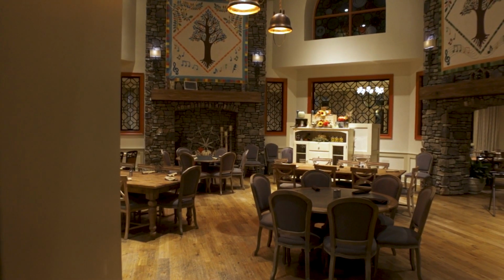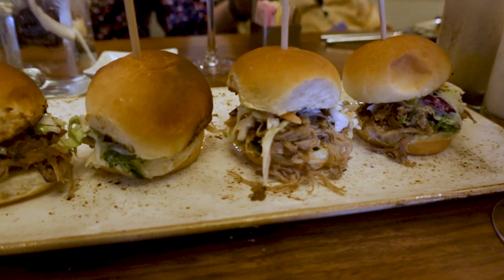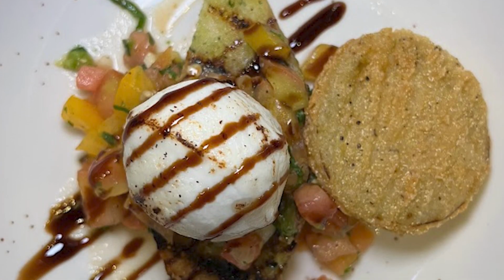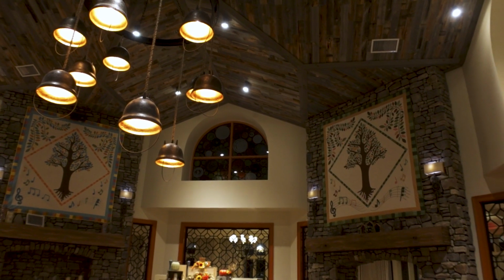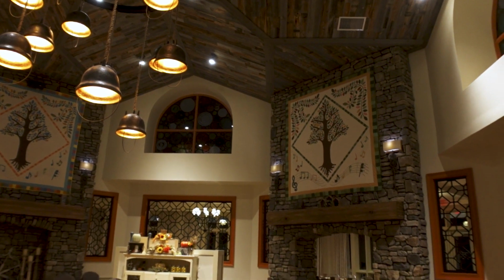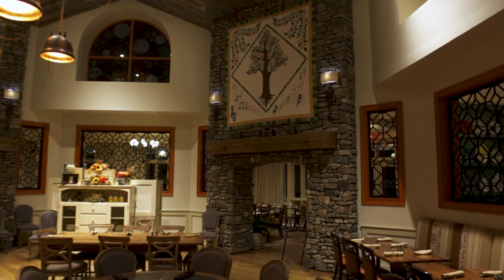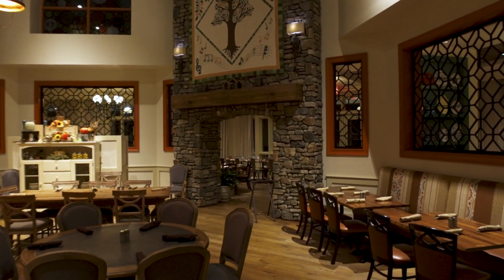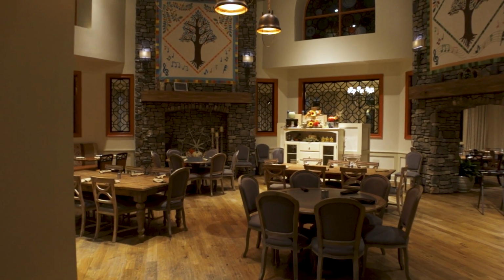This is the main dining area for Song and Hearth. It is a Southern eatery, all kinds of good Southern comfort food. I do feel like it is elevated Southern comfort food. This room is just so charming. You can just feel that comfortable vibe in here where you can hang out with your family and tell those stories of your day. Dolly believed in having dinner together with your family, and you can see this all throughout